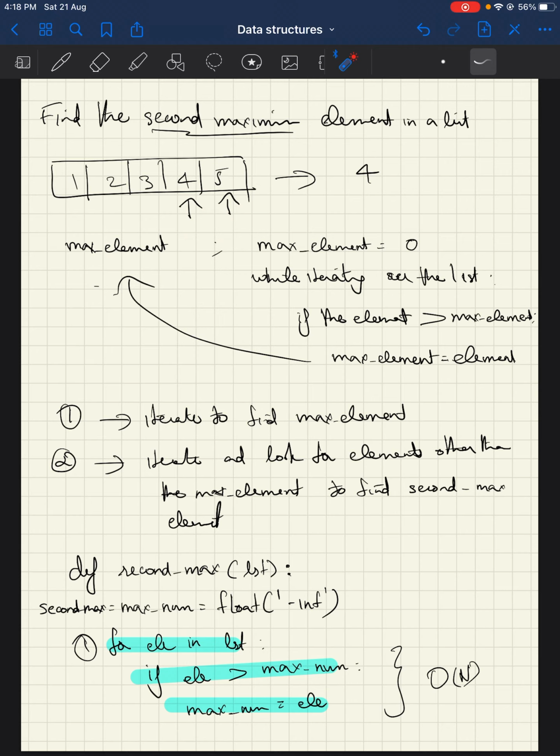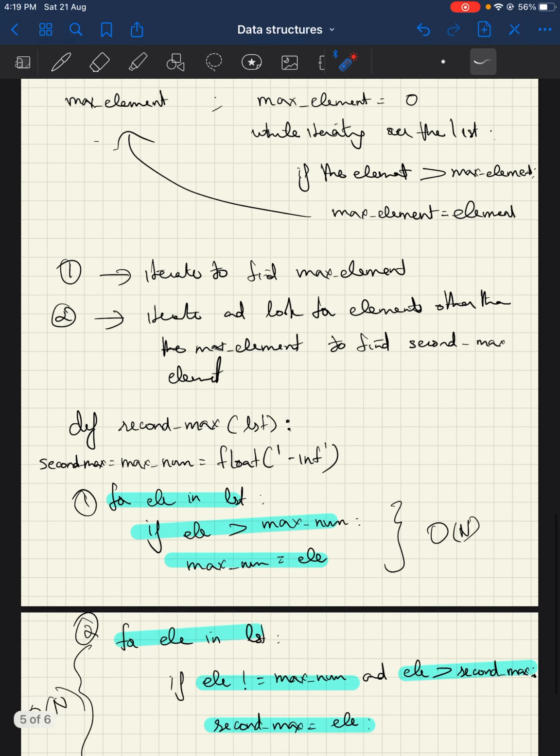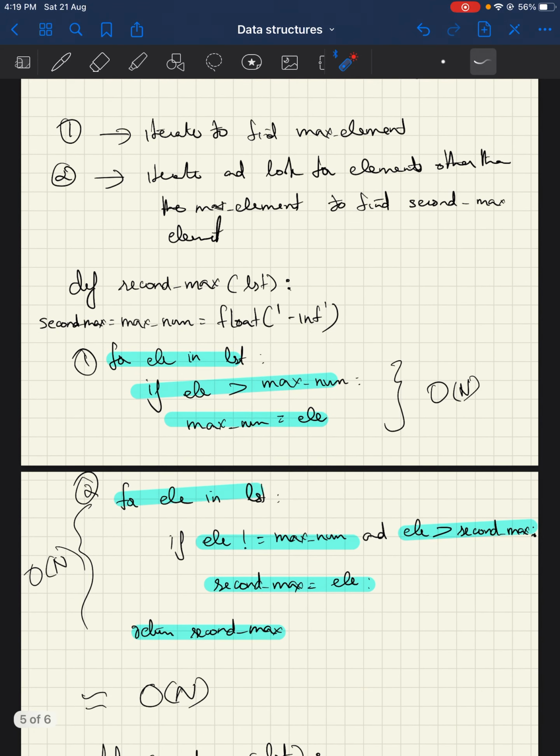So a very simple solution that we can think of is, first, to have one level of iteration to find the max element, like what we have done here. Then second, iterate again to look for elements other than the max element to find the second max element. We have the code for doing that exactly here. We define a function called second max, and we define second max and max num as two variables that are initialized to a very small value, float of negative infinity.